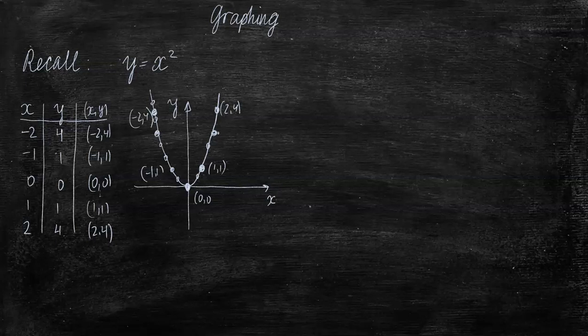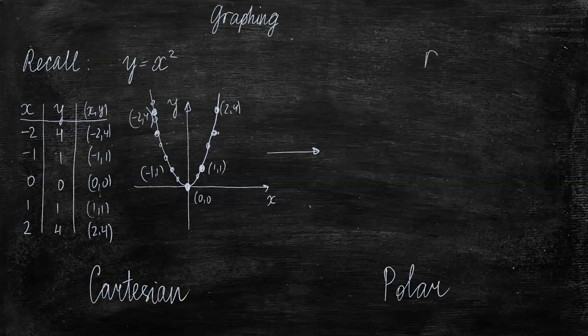Now, what is going to happen in polar coordinates? Well, we're going to learn to do the same type of tasks, but what's going to happen is that now instead of having y as an expression in terms of x, we most likely are going to have r as an expression in terms of theta. So for instance, if we take something simple like this, then immediately what comes to mind is that, hey, we're going to be